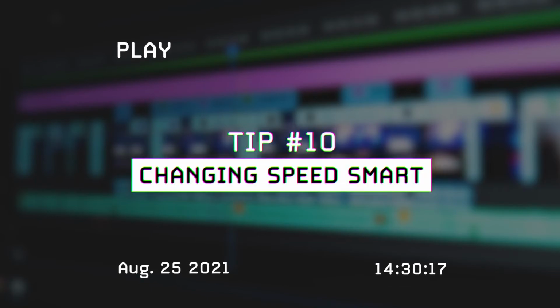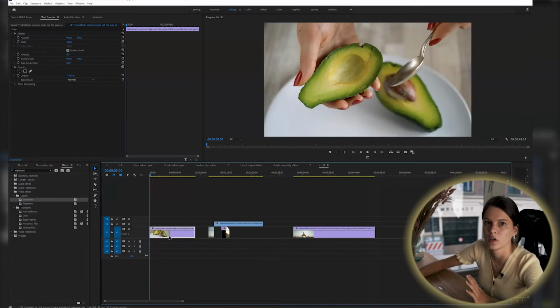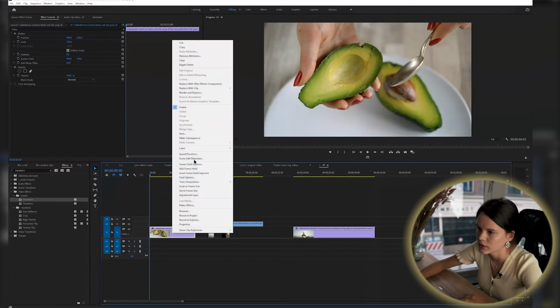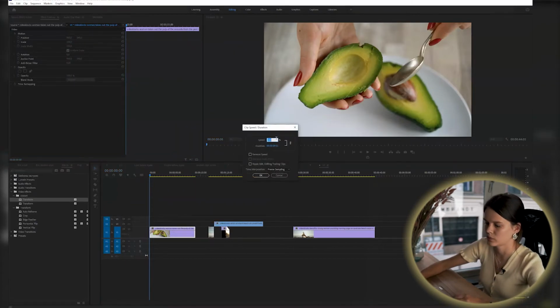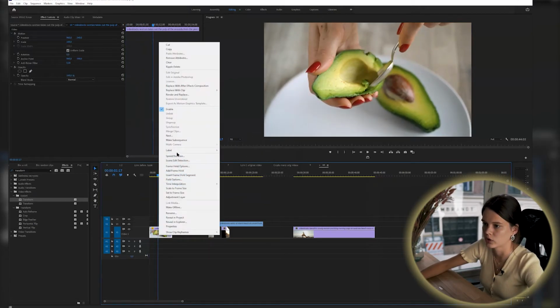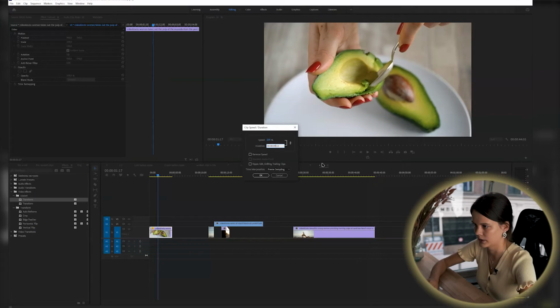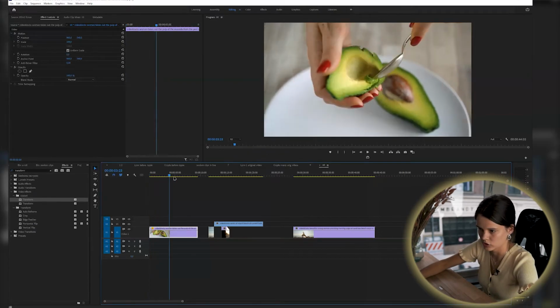And the last one, number 10, is about adjusting the speed of the videos. Of course, I think the most common method, if you're a beginner, is you select the clip, right click, and then speed and duration, and you adjust it by percentage. For example, 2 times faster will be 100%, and it's just adjusted. Or you can also, some people know, but the majority I don't think so, choose the duration. For example, you want this clip to last like 9 seconds, and it just adjusts the speed